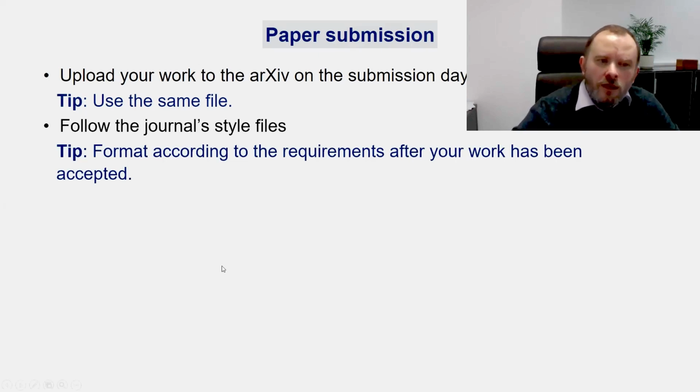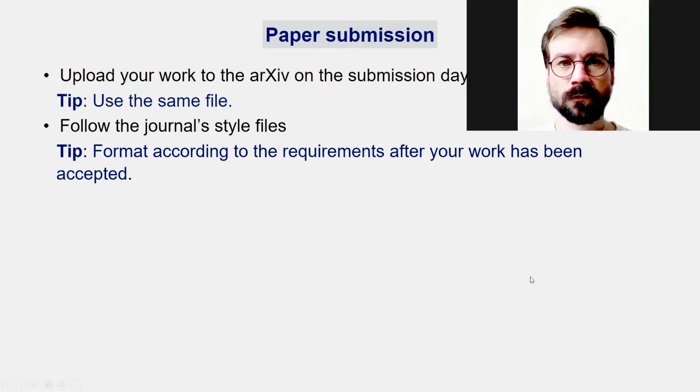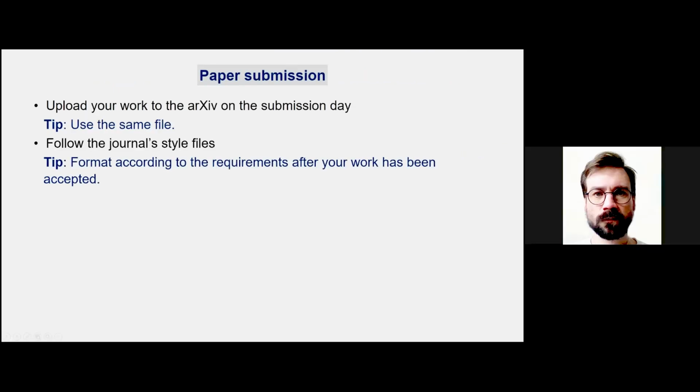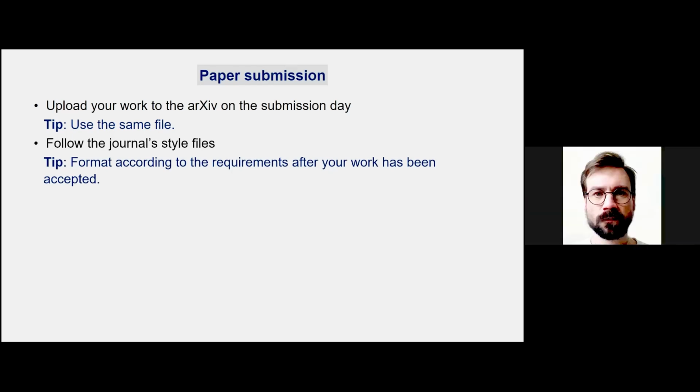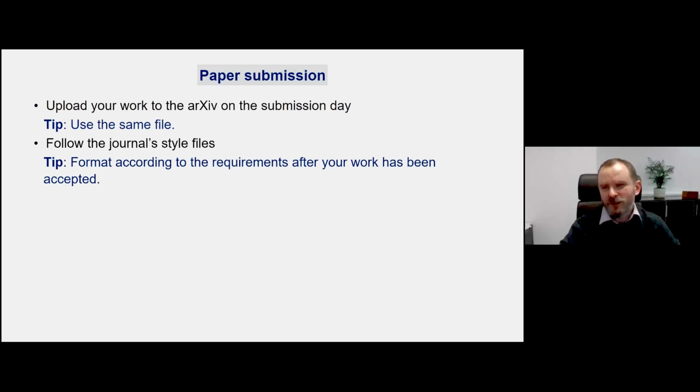I don't do it. Sorry? Yes. Doesn't it affect the reviewing procedure? In my opinion, no. Say I got a paper for review, I don't know, from Annals of Mathematics, and this is not in the style of Annals of Mathematics. For me, this is okay. Thank you. Well, the opposite variant is quite strange, because when I got this paper in the style file of Annals of Mathematics, I think that these authors are sure that they will be published in Annals of Mathematics, and I, as reviewer, am not so sure. So the reaction may be opposite. But this is again some personal opinion.